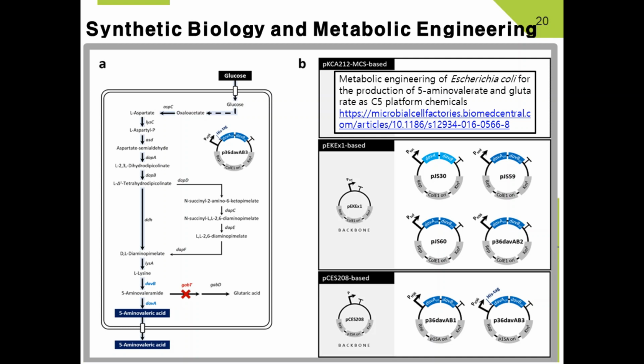I say restriction enzyme because a restriction site is a specific sequence in a plasmid.